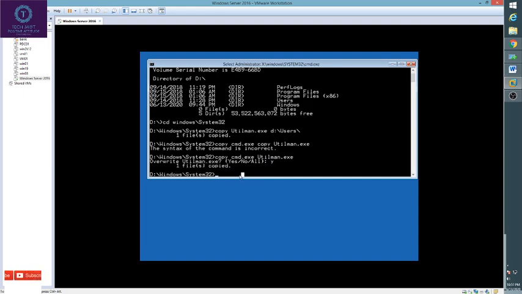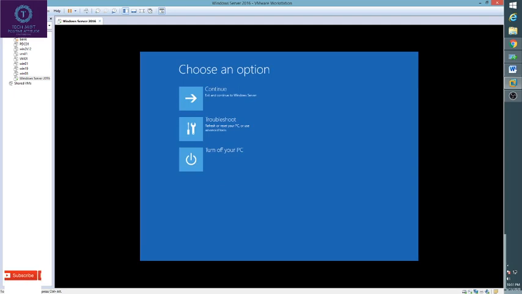Now type exit to exit the command prompt. Now press continue. Once you press continue, again it will ask to boot from CD. This time don't do anything, let it boot as the usual operating system.